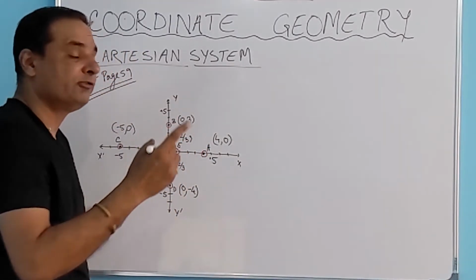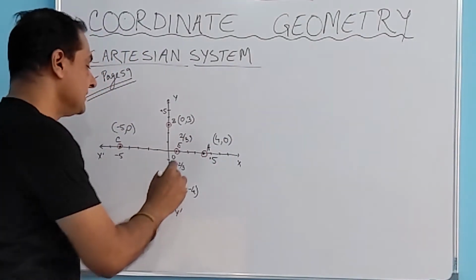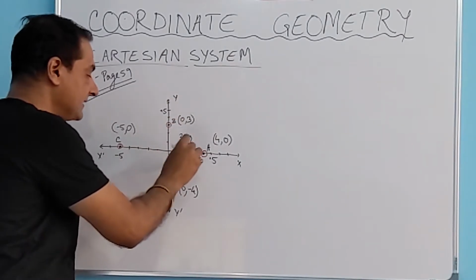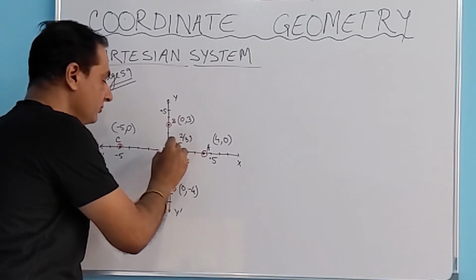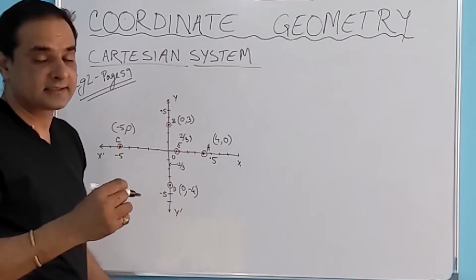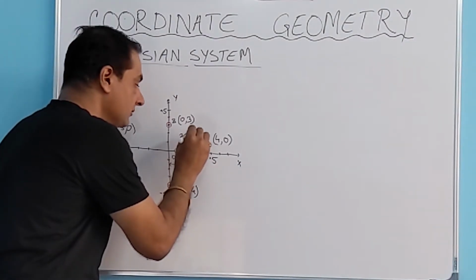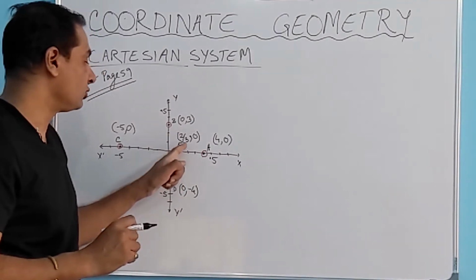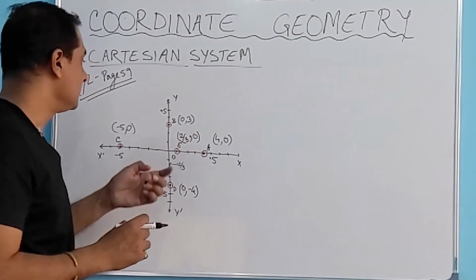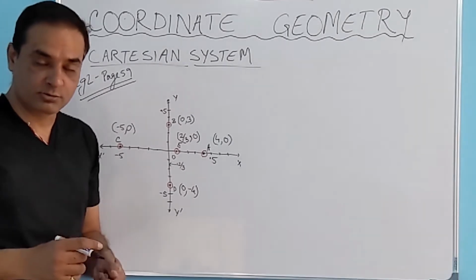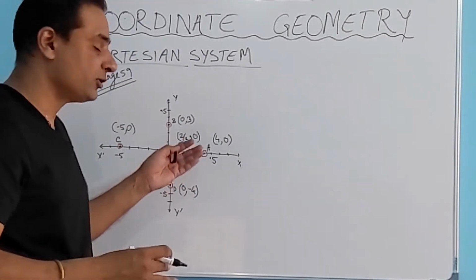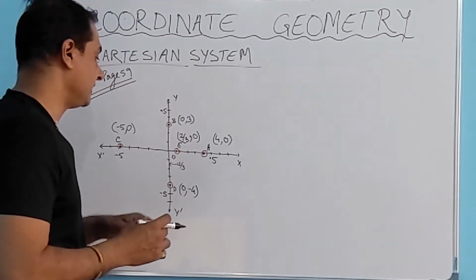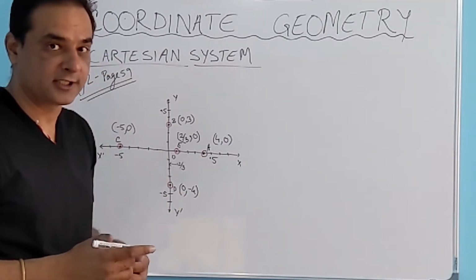Now we look at the y coordinate. Since it lies on the x axis, y coordinate will be 0 because the distance from x axis is 0. So we write 0. We put this in bracket. So coordinates for point E are 2 by 3 comma 0. So that concludes our example number 2 on page 59. I hope you understand how to locate a point and how to give the coordinates for that point.